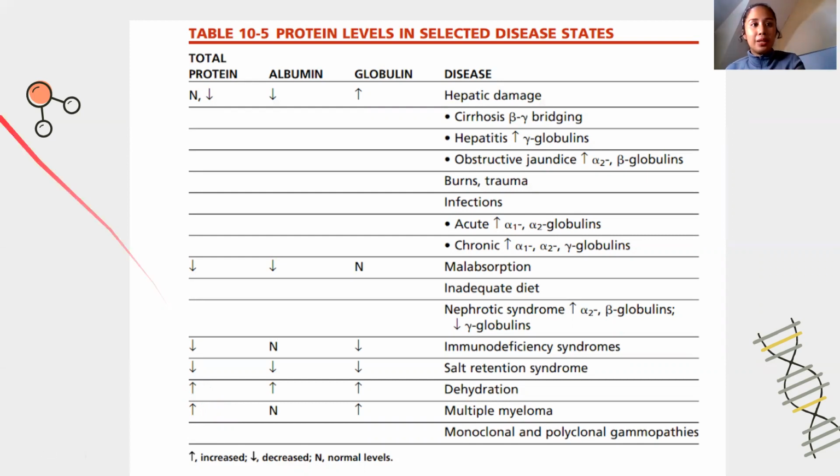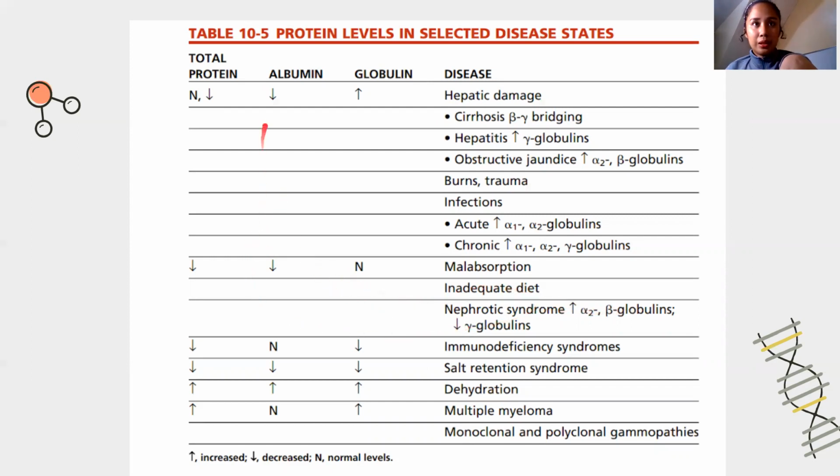Ayun. So, yun, di ba? Yun nung una, total protein, kung increase or decrease, huwag niyo kakalimutan yun, class. So, hindi na kailangan i-memorize eh. So, pag hypoproteinemia, expect it in liver damage. Kasi nga, yun nga yung nagsisynthesize ng protein eh. So, pag nasira yun, hindi okay yung pag-produce ng protein. And kidney disease, so you are losing your proteins via your urinary tract, your urinary system. What else? Malabsorption and inadequate diet. Ayan, nephrotic syndrome decrease.